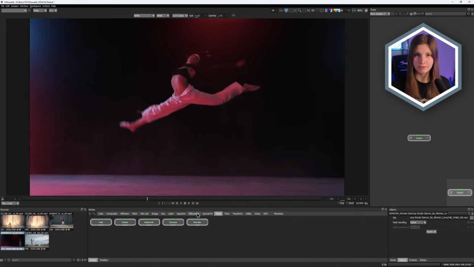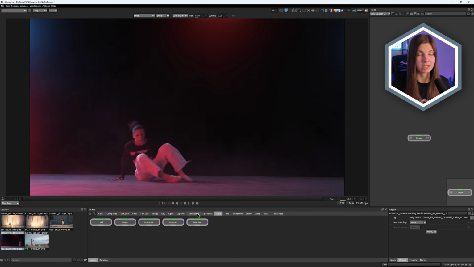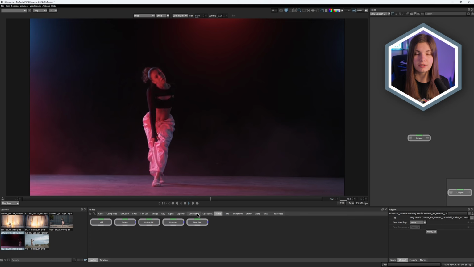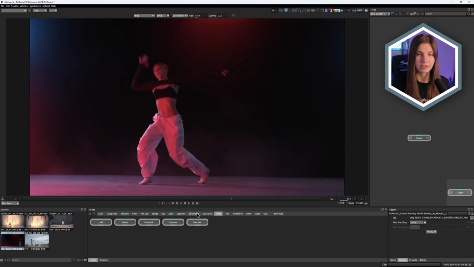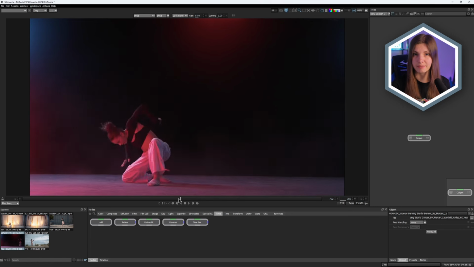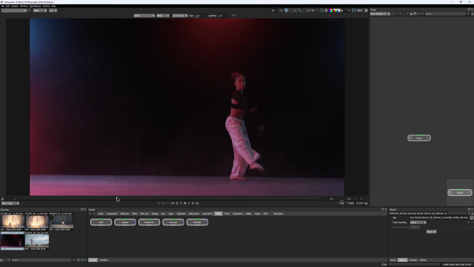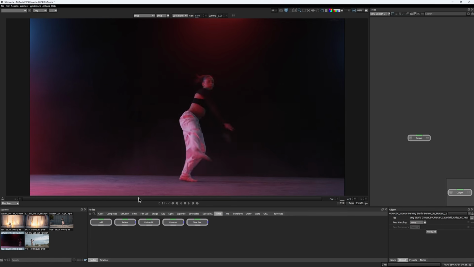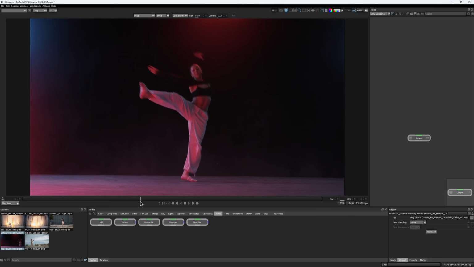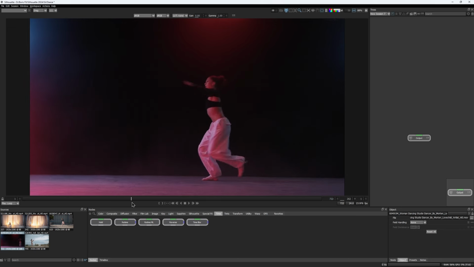There is also another retiming method that allows us to set specific frames instead of playing with the speed percentage. That can be useful when you want to do a precise time remapping or use a particular section of the clip to fit the desired composition length. I have a clip of a dancer that is quite long, and say I need to use only this portion with the jump and to fit it into 150 frames long composition.